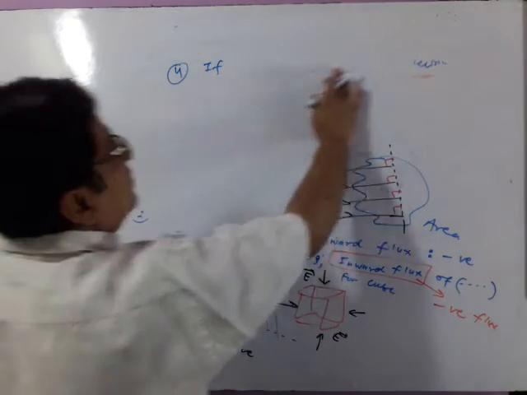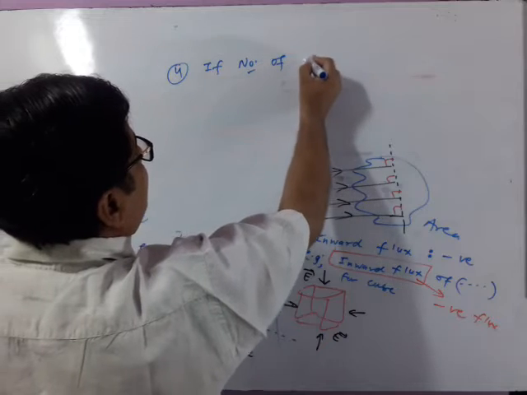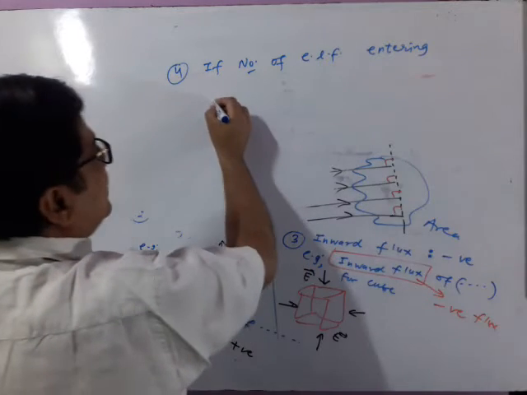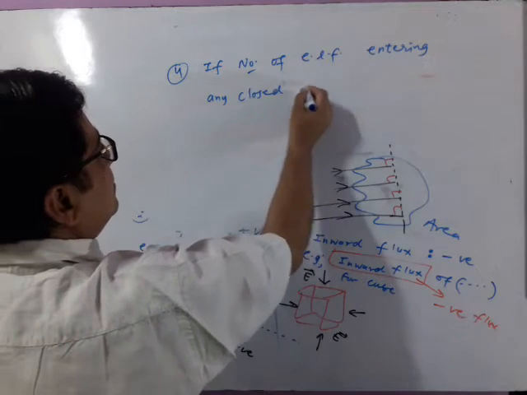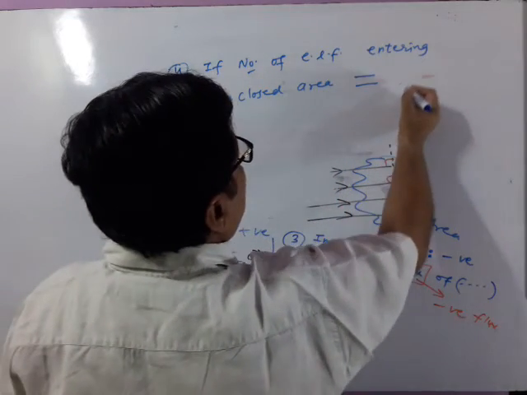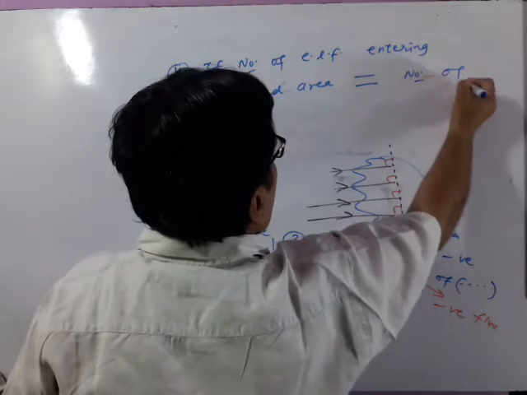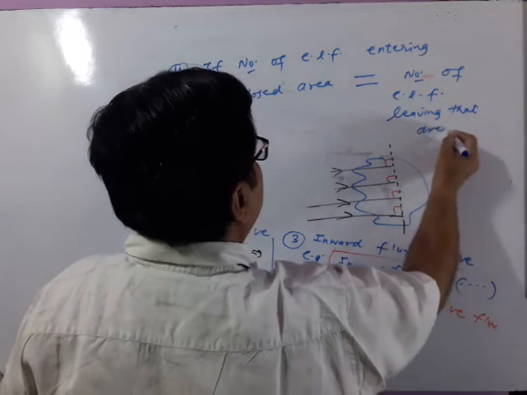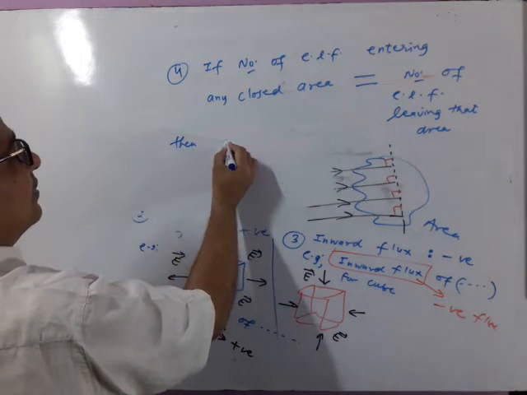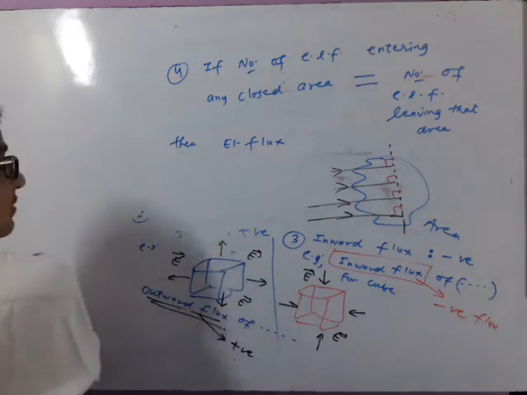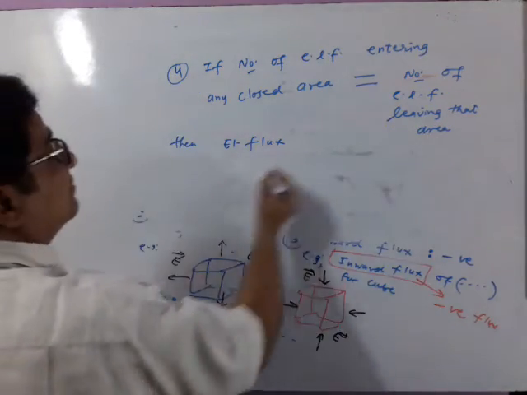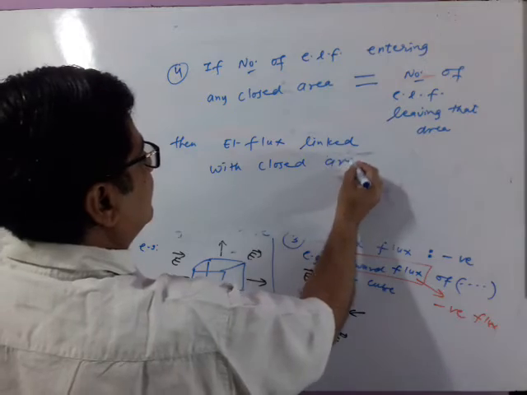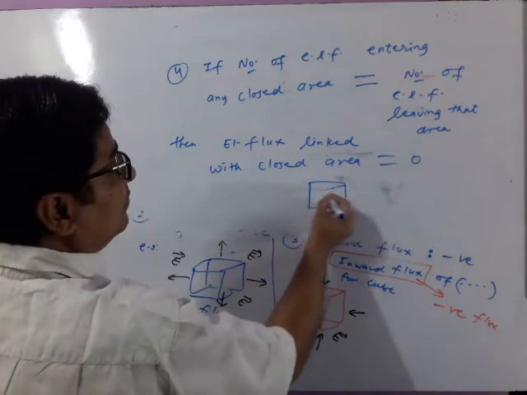If the number of electric lines of force entering any closed area is equal to the number of electric lines of force leaving that area, then the electric flux linked with the closed area is taken as 0. For example, for this cube,